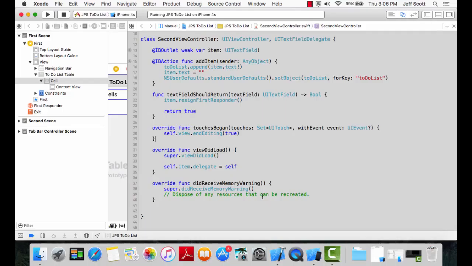And again, we need to forcibly do the unwrapping because it may be empty. Then we're taking that item and we're just blanking it out so we can add another one if we want to. Then we're adding the thing to NSUserDefaults also. All right. So again, I've already got this up and running, but you'll notice